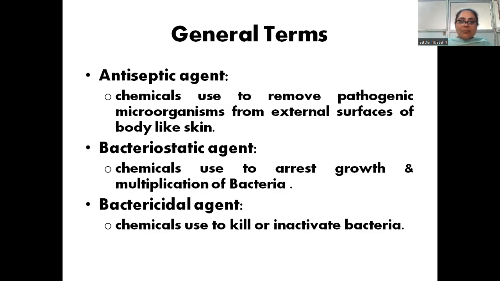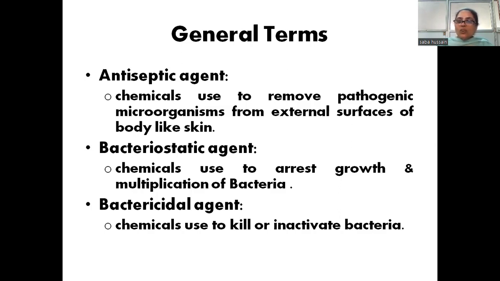One of them, we start with antiseptic agents. So what are antiseptic agents? These are the chemicals used to remove pathogenic microorganisms, that is the microorganisms that can cause infection, which finally leads to illness. The removal of these microorganisms is done by certain chemicals, and these chemicals are used on the external surfaces of the body only, like skin. One of the examples is skin. So these chemicals are called antiseptic agents. Another type of chemical is